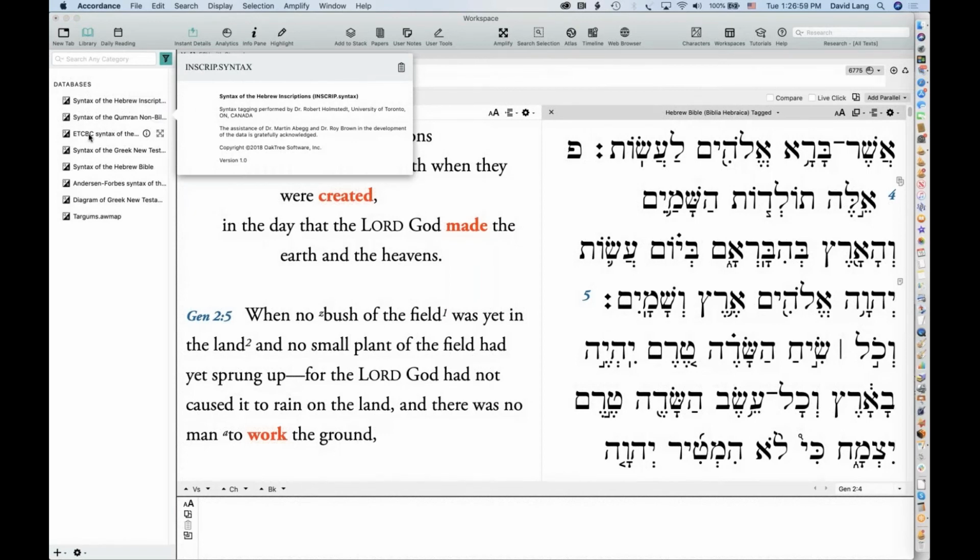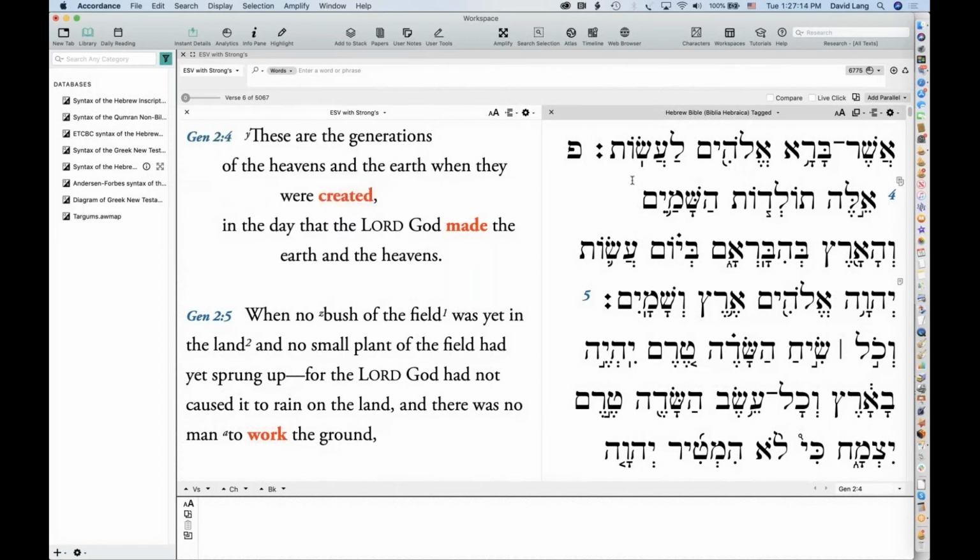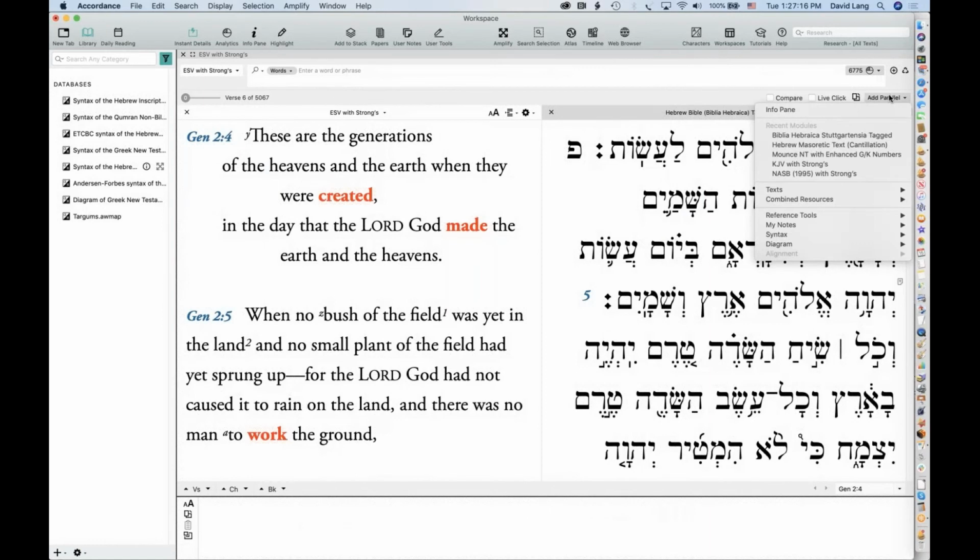We have several different syntaxes of the Hebrew, the ETCBC syntax, and our regular syntax of the Hebrew Bible is the Homestead syntax. And so you can display those syntaxes in parallel with the Hebrew text.